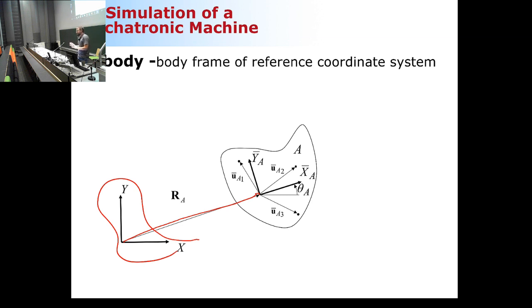I'm almost there. So the one more step that I need to do is to travel from the body reference coordinate system to the point where the particle is located. That's it. Then I can describe the particle with respect to my reference coordinate system, which is the global coordinate system. Two steps. Okay, makes sense. Now the only problem I'm facing here is that when the body is rotating or translating,